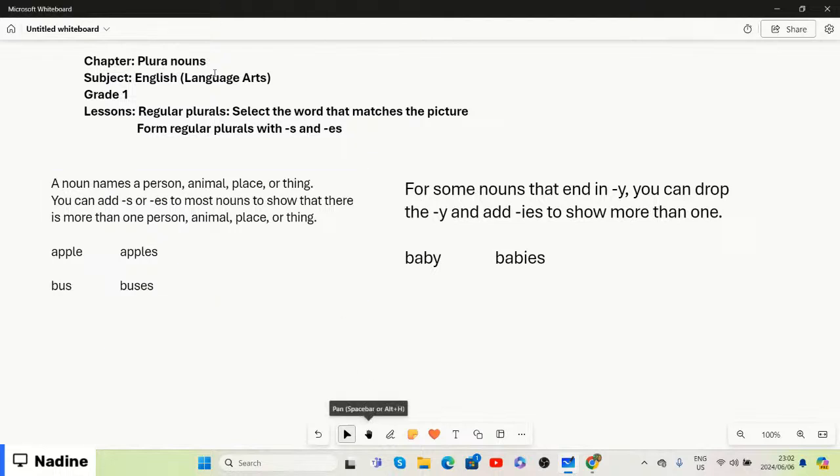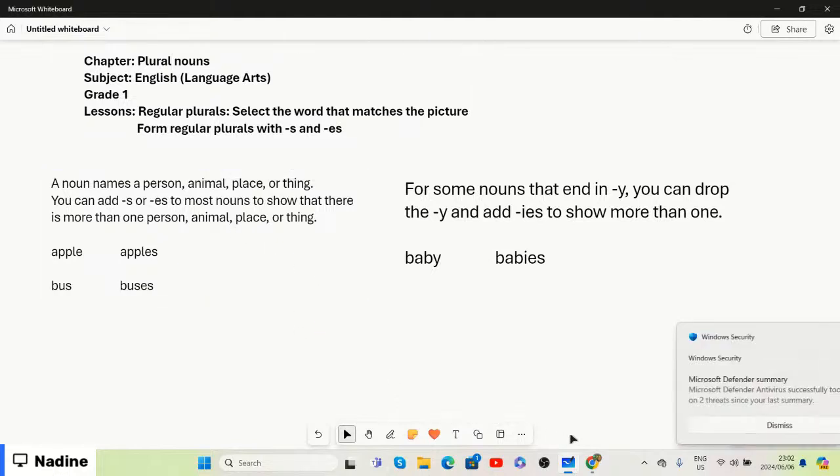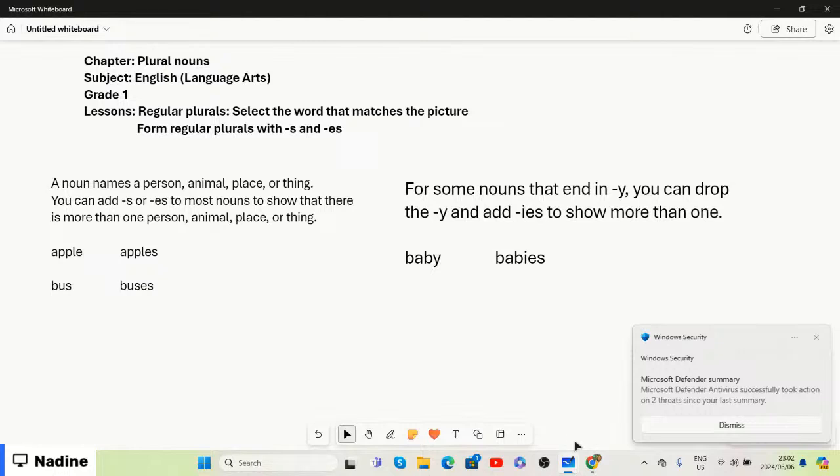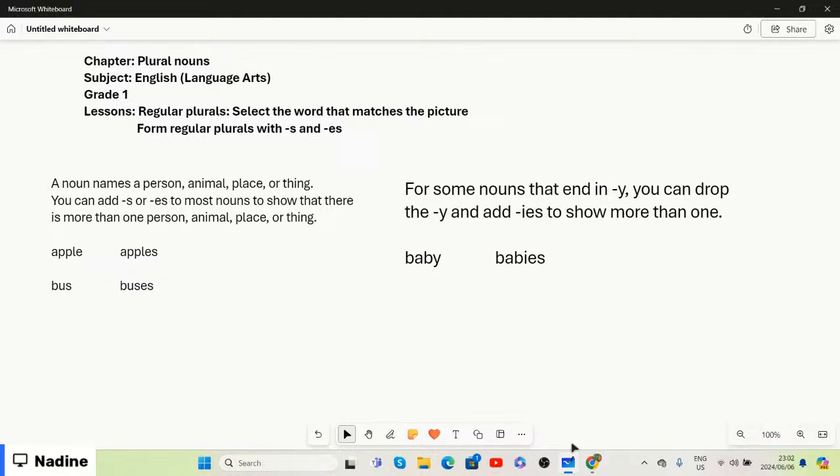Today we'll be doing our grade 1 English lesson on plural nouns. And before we start, we're going to log on to aplusstudents.ca. Once we've logged on to aplusstudents.ca with our username as well as our password,